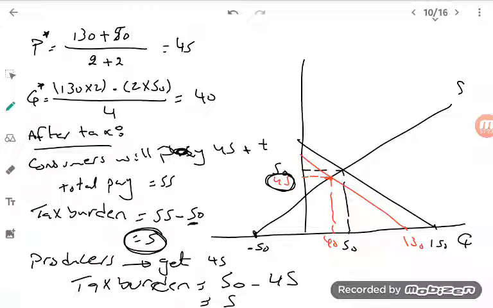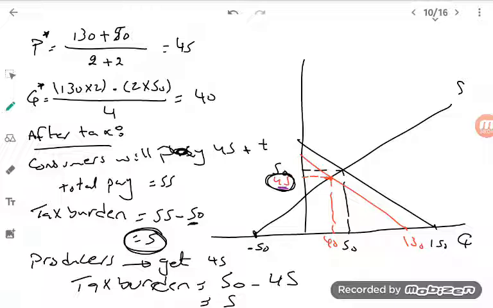طيب دلوقتي انا ككونسيومر النيو equilibrium point بقيت ان انا ادفع 45 بلس ان هدفع taxes ب 10. فيبقى انا كأن بقى تمن البرودكت بالنسبه لي 55. طب انا قبل ما يحصل الضريبه دي انا كنت بدفع كام؟ كنت بدفع 50. يبقى انا كأن بقى عليا تاكس بيردن، يبقى كده عليا عبء زياده يعني ب 5. طيب نيجي للبروديوسر. البروديوسر كمان بقى ياخد 45. قبل imposing التاكسس كان بياخد 50 بس، فكده هو خسر 5، فبقى هو كمان عنده تاكس بيردن